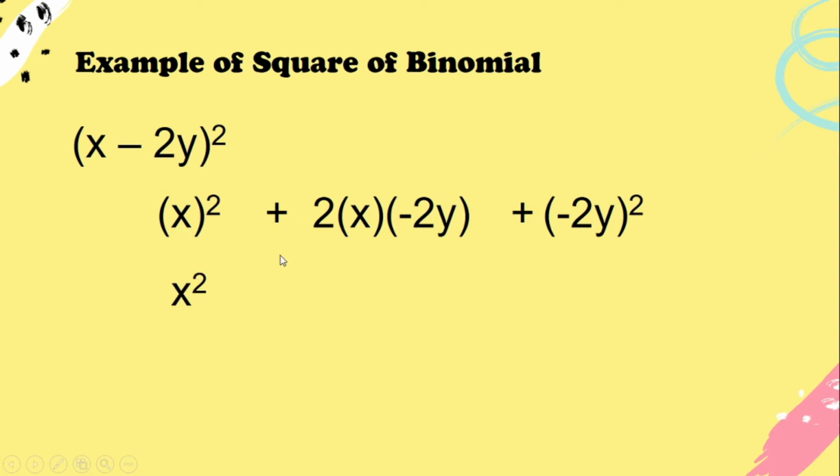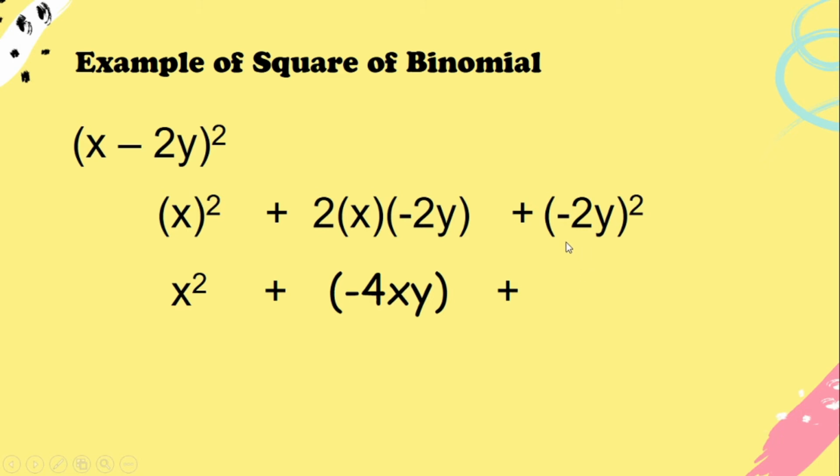So in this case, 2 times x times negative 2y, this is understood na may 1 na numerical coefficient. So 2 times 1, that's 2. Times negative 2, that's negative 4. And then the variables x and y. So we have negative 4xy. Tama? Plus negative 4xy. Plus